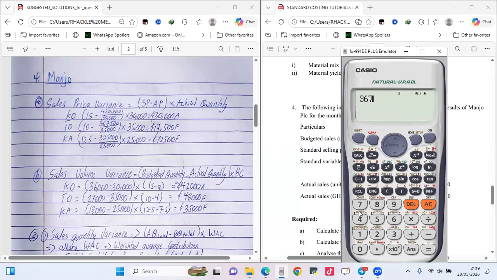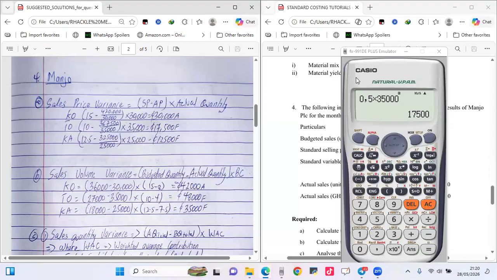So 367,500 divided by 35,000, and we are getting 10.5. So we are getting something above this. So 10.5 minus 10 is going to give us 0.5 times 35,000. You're going to get 17,500. So that's what we've gotten here as favorable. We do the same thing for KA, and we are going to arrive at this answer. All right, so now we go to the sales volume variance,